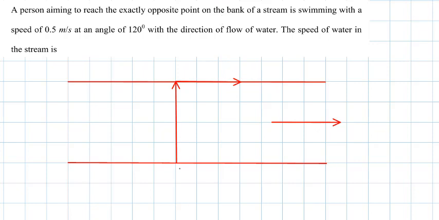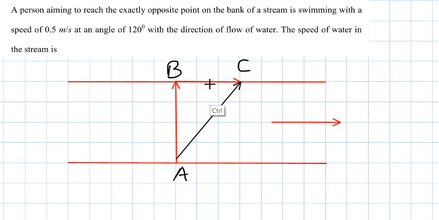Assume that he starts at a point A and he wanted to go to point B, then the person will reach point C because of the push of the water. So the resultant displacement will be in this direction. But this is not what he wants. He actually wants to reach B. So what to do? He will use his velocity to cancel velocity of water.